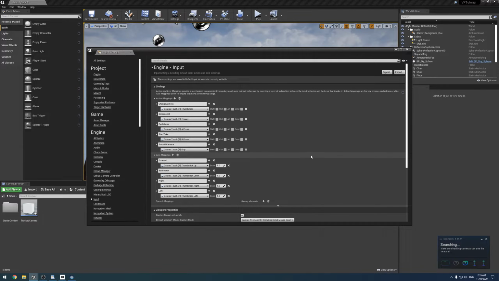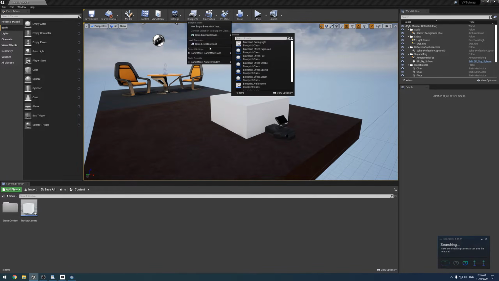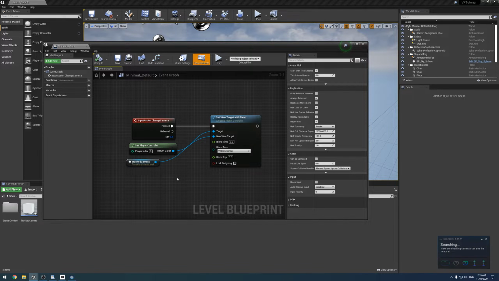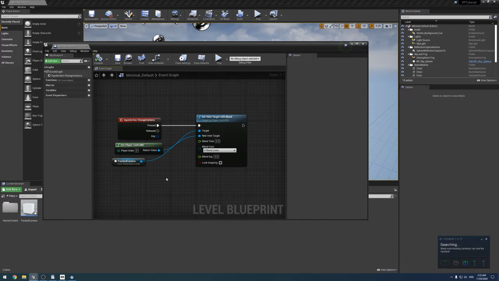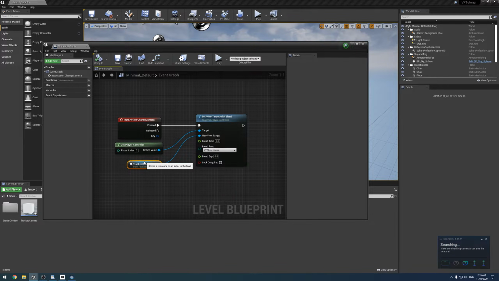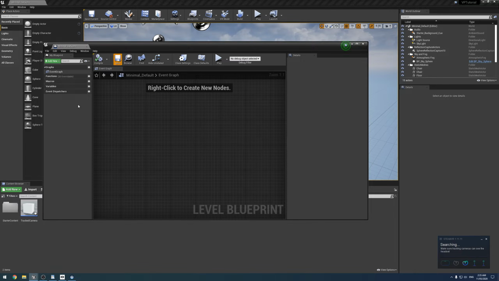Alright, so this is our finished action mapping. You can just have a look at that, see how it looks. What we're going to move on to next is opening our level blueprint. In the previous tutorial I said this is how we were changing to view the cine camera. I figured out what I was doing wrong and why I couldn't get it working in the blueprint. So we can go ahead and delete this now, as we no longer need it in the level blueprint,